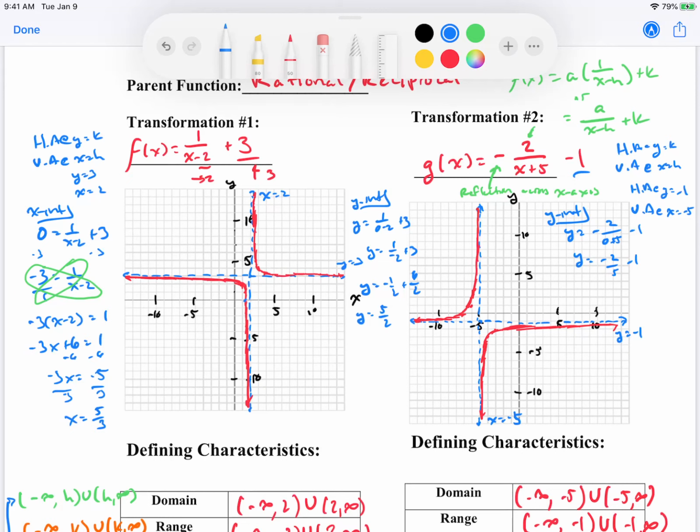We have to switch that -1 to common denominators. So we have y equals -2 over 5 minus 5 over 5, which gives me -7 over 5. Okay, so y equals -7 over 5 is going to be my y-intercept,